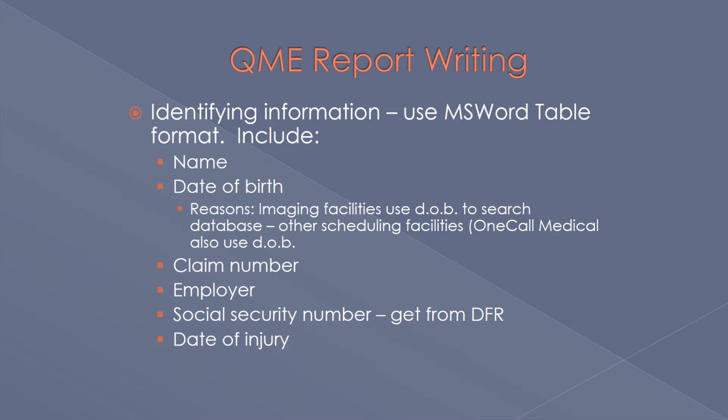So in the table, you would include the name of the examinee, their date of birth, and let me give you a couple of reasons why it's important to put the date of birth on the report. And there's a couple of reasons. First of all, it helps to identify the examinee, and it's one more source of identifying information that correlates the named examinee with the actual person involved with the industrial injury. And then there's another reason for those of you who frequently refer your examinees out to imaging facilities for diagnostic studies. Most imaging facilities